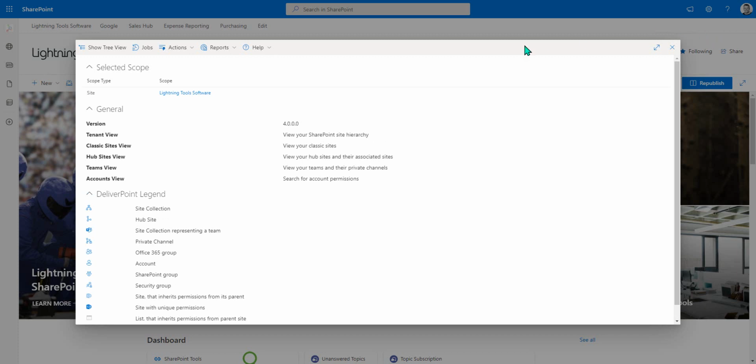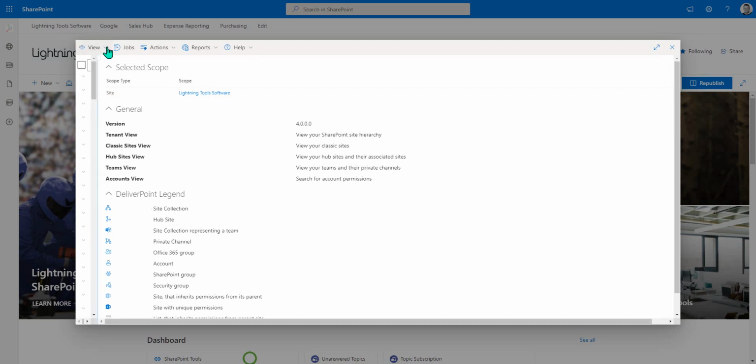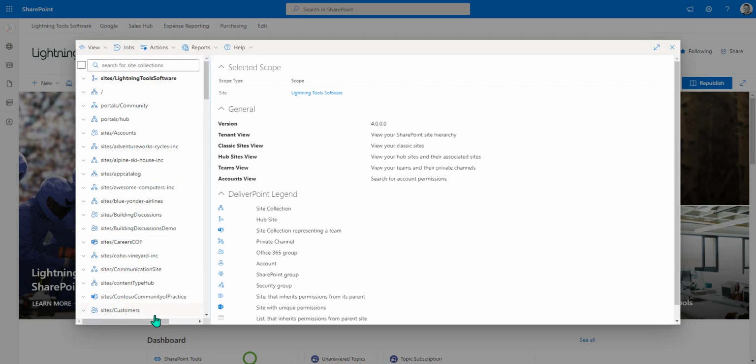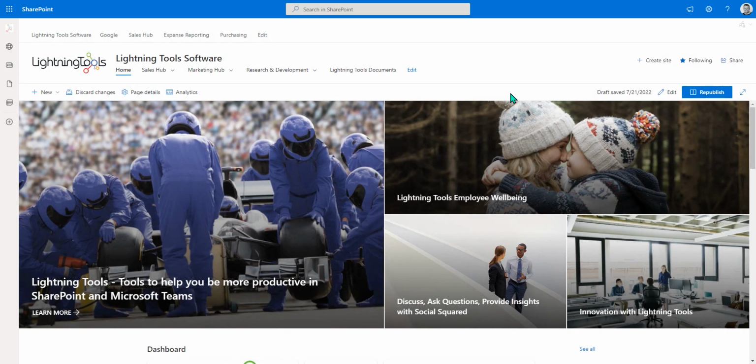And you'll notice in here that the scope is set to the site that we were on when we accessed DeliverPoint, but we can change that scope by showing the tree view and choosing the scope that we want to report on. And we'll talk more about scopes in just a moment. For now, I'm just going to close that and show you another way where we can go through and access